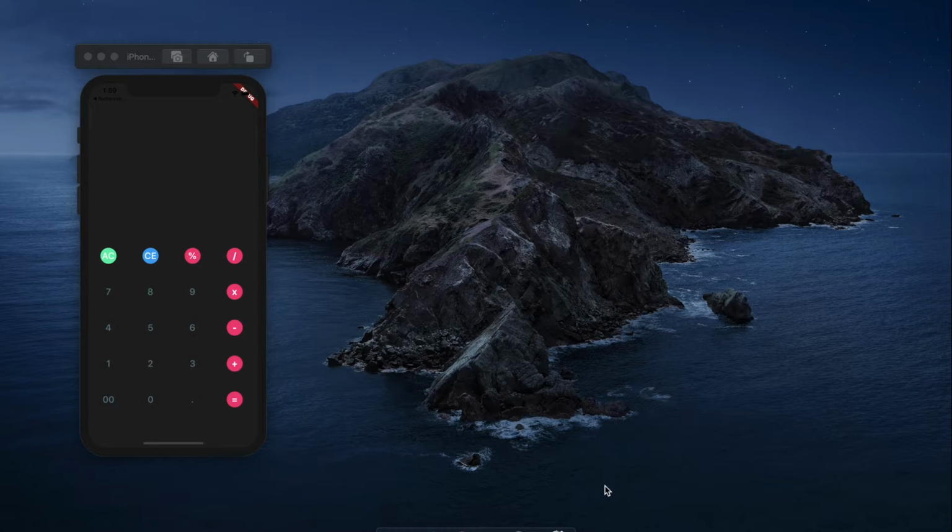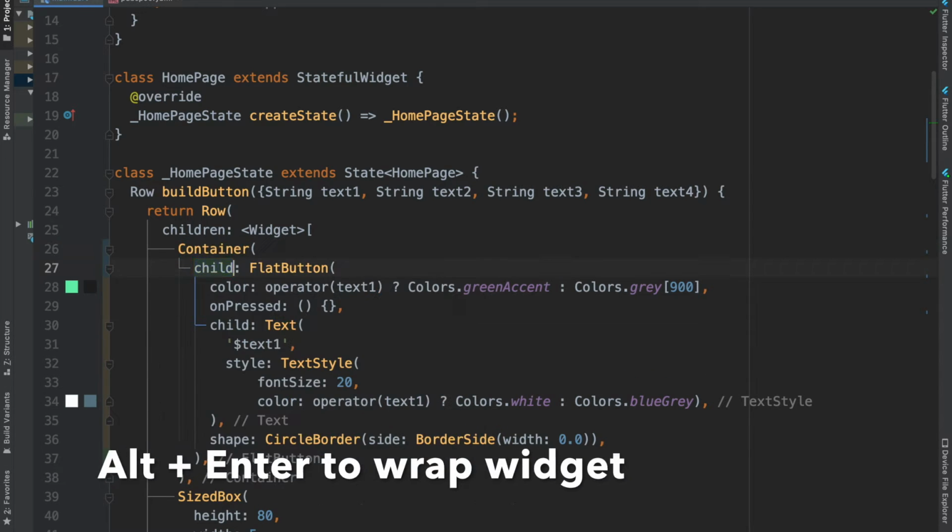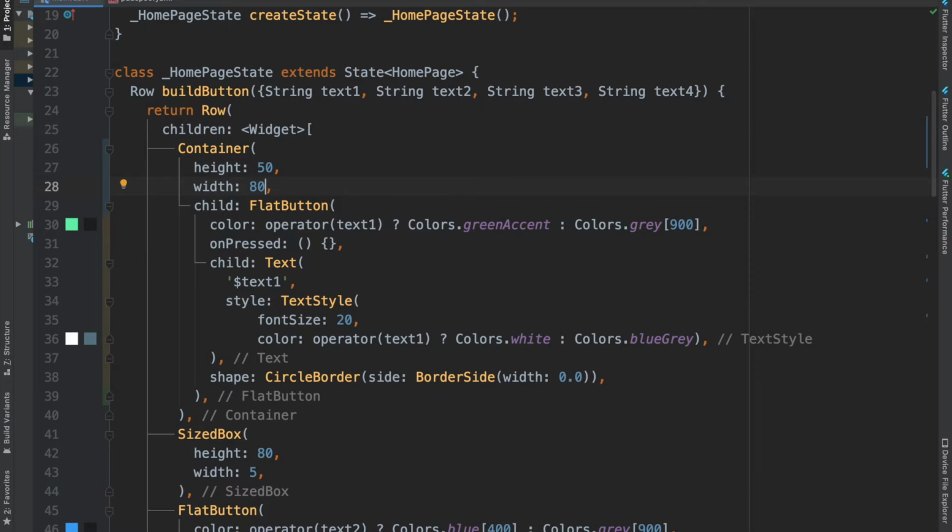In order to do that, I will wrap this flat button with a container, and I'll do the same for all the flat buttons.